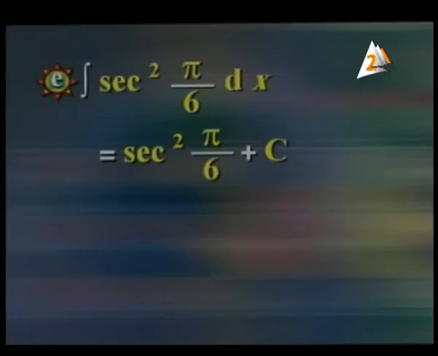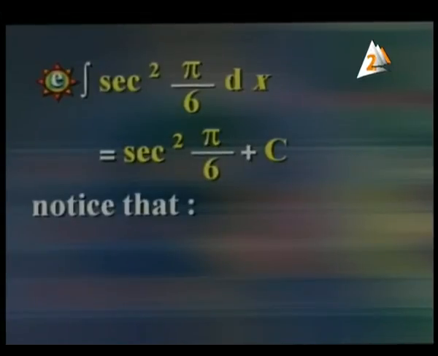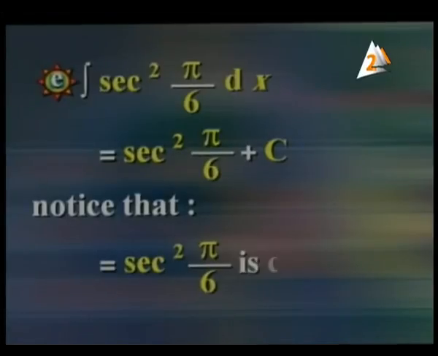Number E. What is the integration of sec squared pi over 6? Remember, pi over 6 equals 180 divided by 6 equals 30. Sec squared. What is the integration of sec squared? The integration of sec squared is tan. Good. But sec squared pi over 6 is a constant. Why? Because